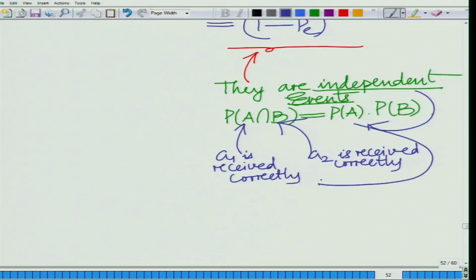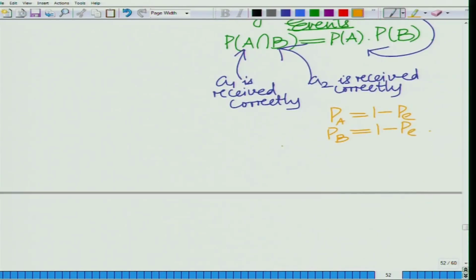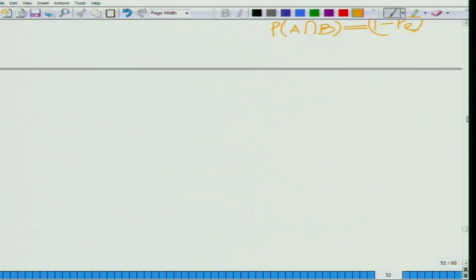So we have P(A) equals 1 minus P_e, and P(B) equals 1 minus P_e. So the probability of both received correctly, P(A intersection B), equals (1 minus P_e) square, and therefore the probability that the symbol